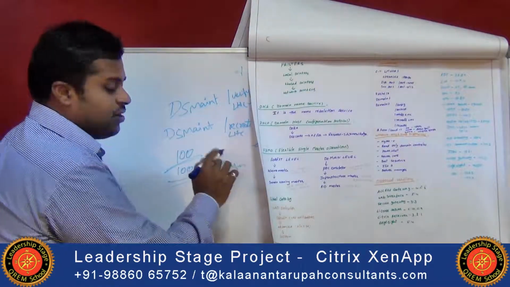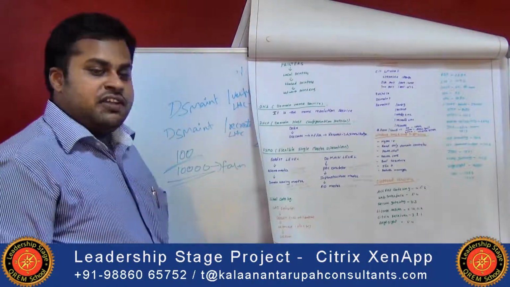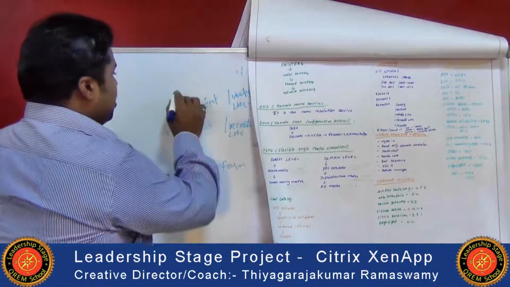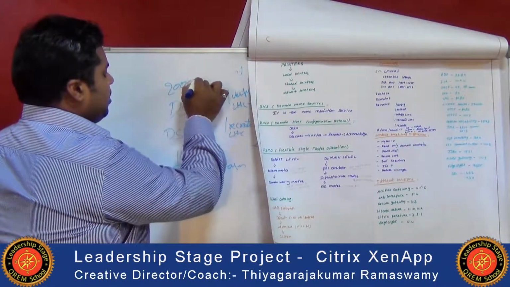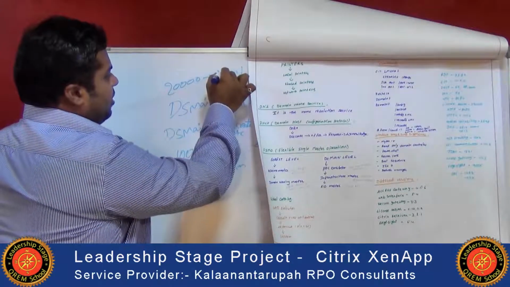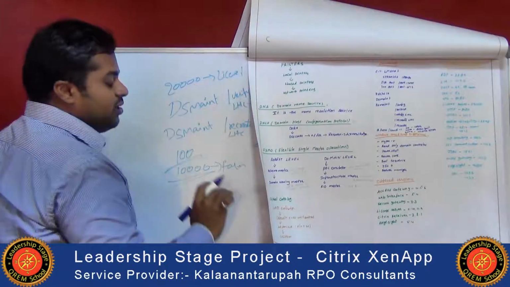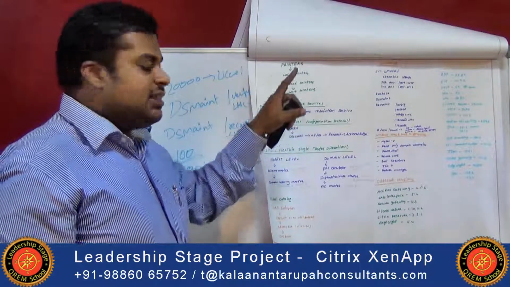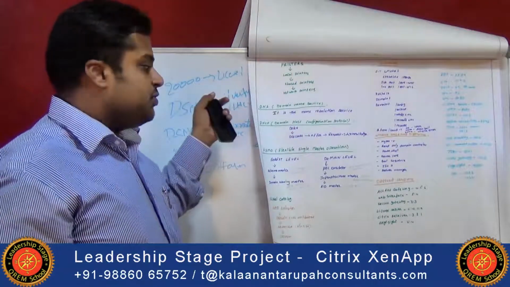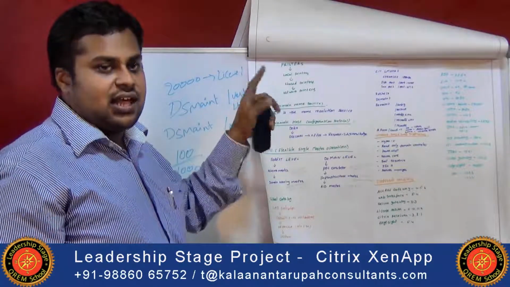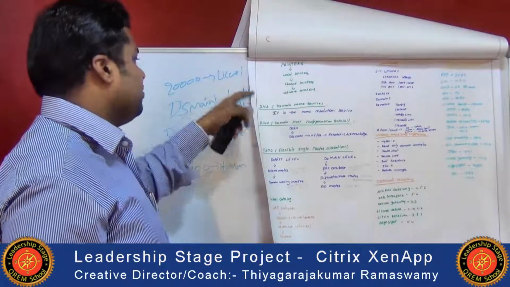We have to find out that one. The form is already full. If that will be given as 20,000, it will be a licensing error. We don't have the license, that will be given as the 20,000. We have to install the licensing server. We have to buy that one.